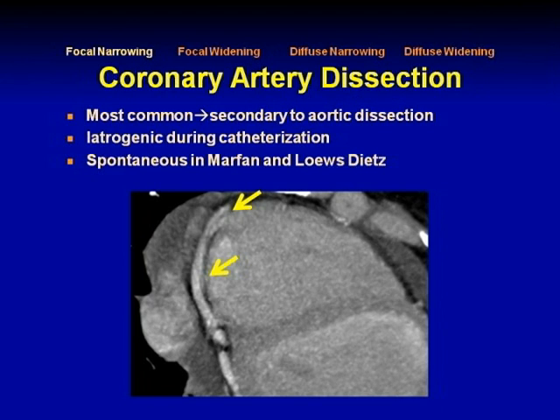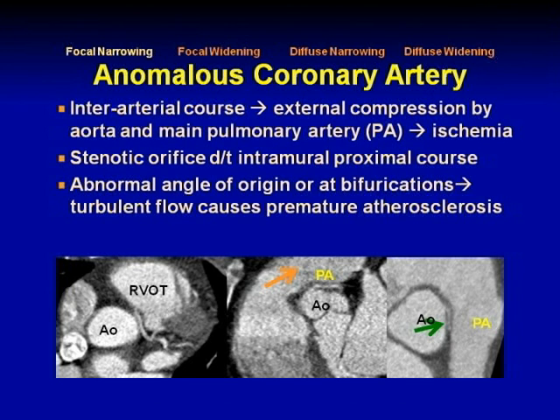Now, getting to the less common causes of focal narrowing, one is coronary dissection. If you see it, it's most commonly in the setting of aortic dissection, where the aortic dissection is a type A dissection and extends into the origins of the coronary arteries. It could be seen iatrogenically when patients have selective coronary artery angiography, or spontaneously in patients with Marfan or Loeys-Dietz. Anomalous coronary arteries, when they have an interarterial course, could undergo narrowing because of external compression